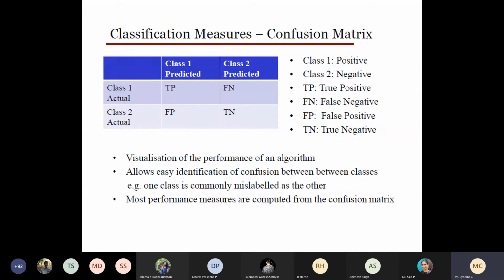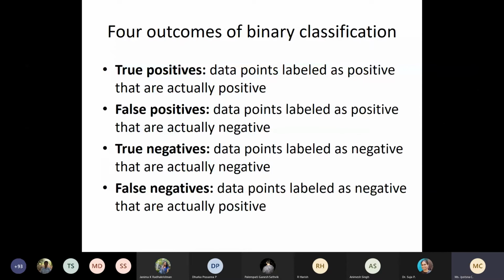So class 1, class 2, don't think it is always yes or no. It can be any classification, like pass or fail. Pass or fail means maybe pass is class 1 and fail is class 2, or you can consider pass yes or no. Whatever the classification, you can relate it to yes or no: spam yes or no, COVID yes or no, pass yes or no, or fail yes or no. That way also we can consider it. So here all the explanation is given.